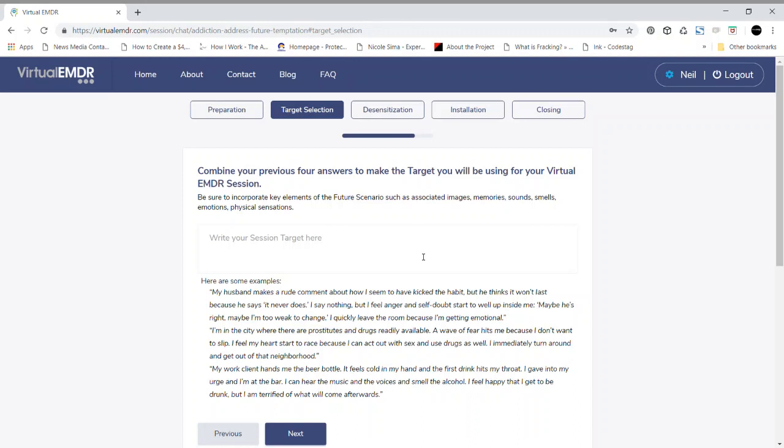Okay, now we're going to combine your previous 4 answers to make the target that you'll be focusing on in the next part of your virtual EMDR session. It says here to be sure to incorporate any key elements of the future scenario, such as associated images, memories, sounds, smells, emotions, or physical sensations. Please note that when you're creating a target for your EMDR session, it doesn't have to be perfect. There's an old expression in the EMDR community, let your brain do the heavy lifting. Also, as you get more experience with using virtual EMDR, you're going to become better at creating targets. So,